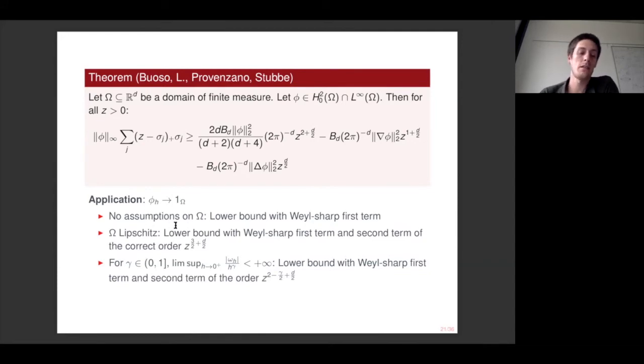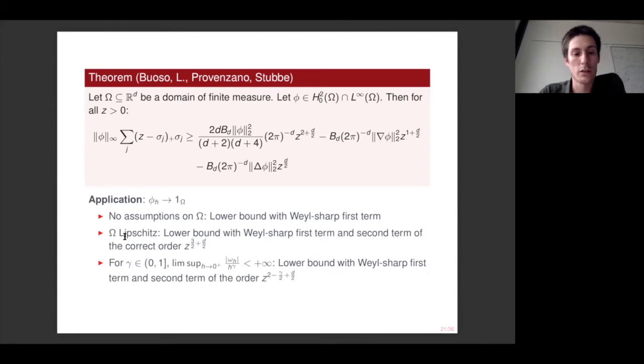on the domain omega. Also, by assuming some regularity on the domain, for example, if you assume Lipschitz regularity on the domain, by this general lower bound we can recover a lower bound which of course has again a Weyl-sharp first term and a second term of the expected correct order, say, which is 3/2 plus d/2. And also, this can be used to recover some bounds with the control on the second term, but with weaker